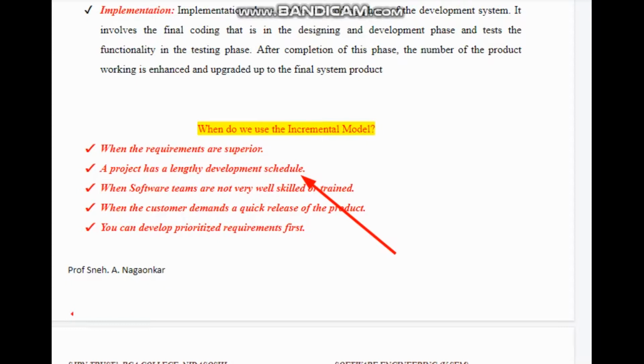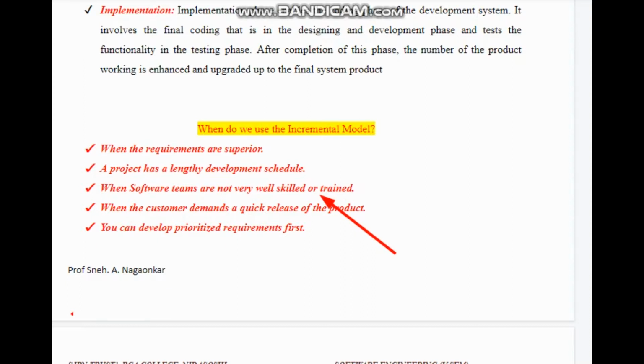We may develop the software, then try to use it, see what the problems are, and find an updated version of that old software. For example, developing an ATM software, installing it into the ATM, and checking where it is going wrong, collecting that feedback from the customer, and again redesigning, and that will be the build too. So in this way, an update is made with every cycle, and this process keeps on changing. This model makes a cycle of new versions until we get a full-fledged final developed version.